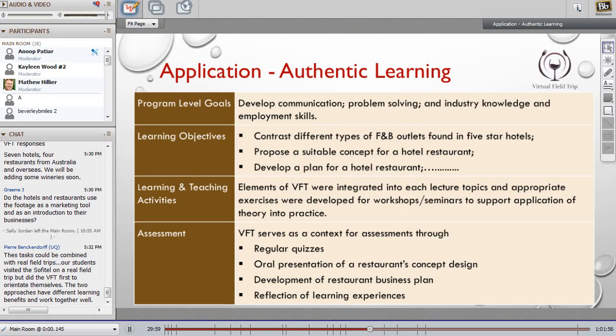Now, in terms of the assessment, they have regular quizzes in their workshops, and a very small mark is allocated for student participation throughout the semester. Then, at the very early part of the semester, at Griffith University in week 4, students have 3 weeks to prepare and come up with a concept for their proposed restaurant.